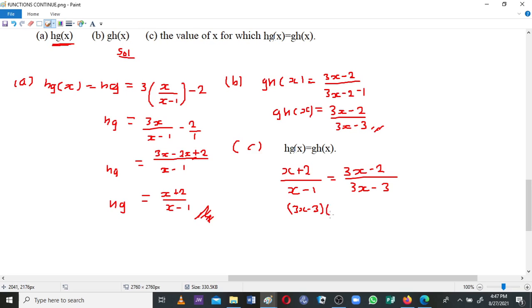There we open, so we have again x plus 2. That's x plus 2 is equal to